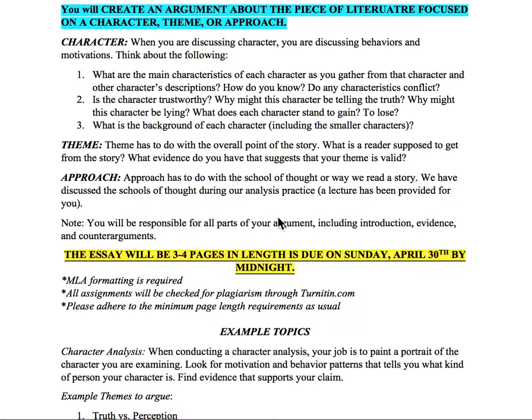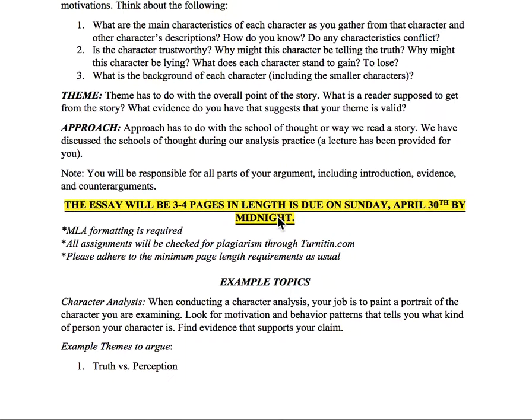And then the background. You want to notice things about the characters. So notice their cultural history. Notice where they come from. Notice what their language is. So how do they convey meaning to other people? Are they sneaky? Do they lie? All these different things. If you choose to do theme, the theme again is basically the overall message,